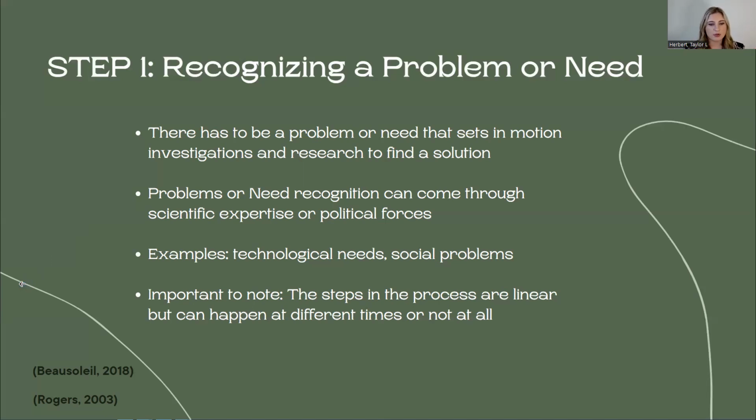And it's also important to note here, we're calling these steps, they are step 1 through 6. However, Rogers did note that it should be a linear process. Innovations typically go through these steps in a linear process, but they can happen differently at different time frames, and sometimes they don't happen at all. So step number 2 is going to be